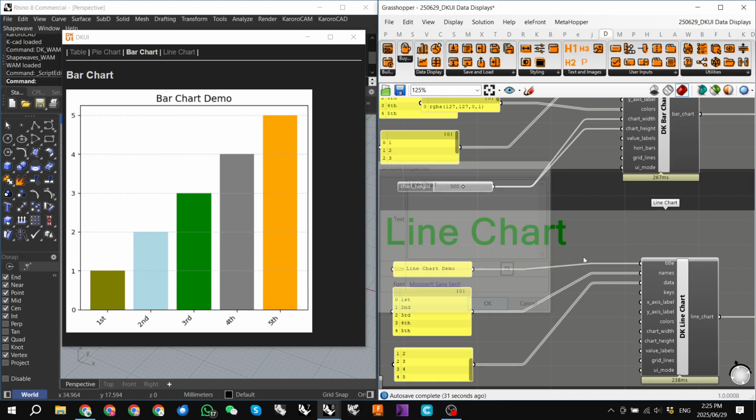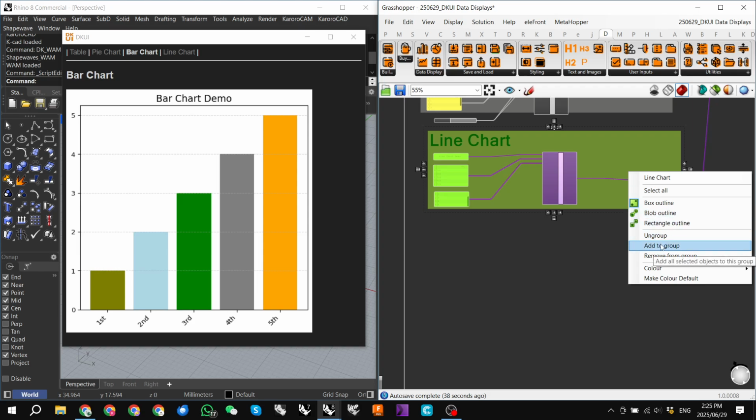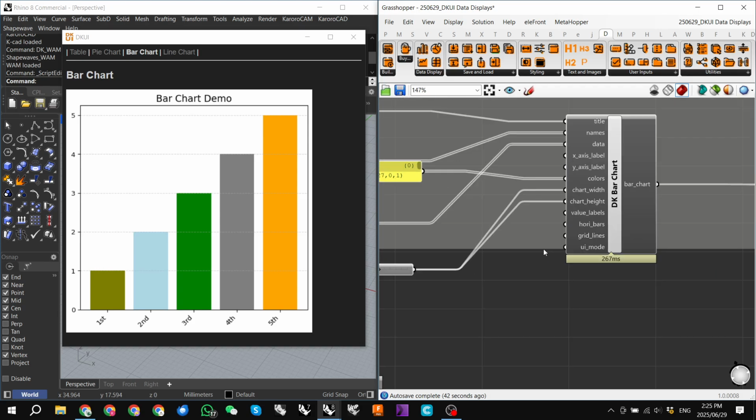The joys of live coding. All right, so I'm going to add to group, and we'll pull that down and out of the way. So same as